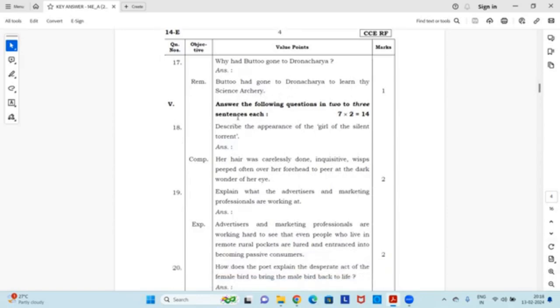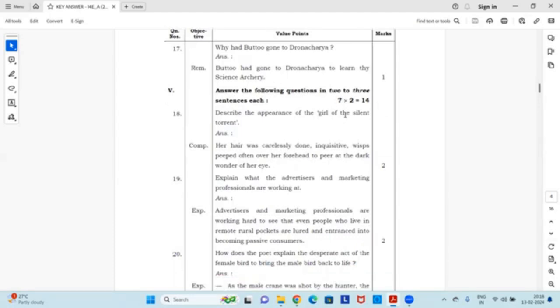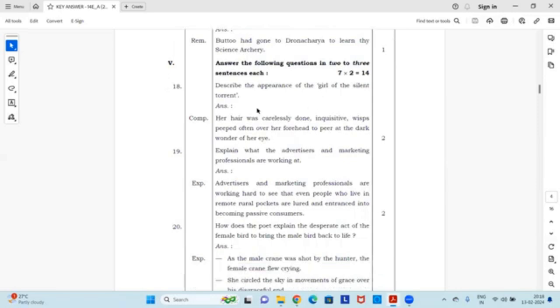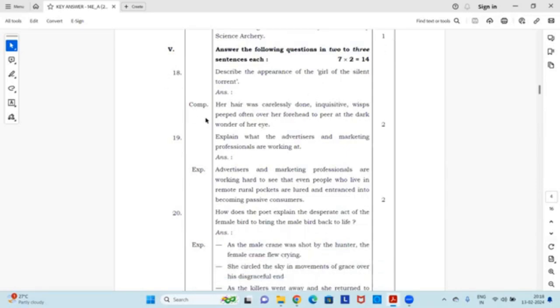Now let's continue with fifth main. Answer the following questions in 2 or 3 sentences. So it's a 2-mark question. Now, question 18: describe the appearance of the girl of a silent torrent. Answer: Her hair was carelessly done, inquisitive wisps peeped often over her forehead to peer at the dark wonder of